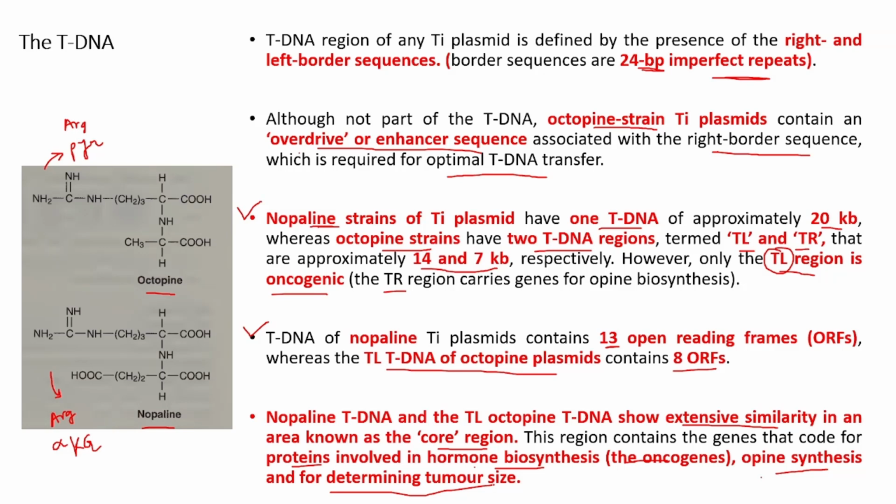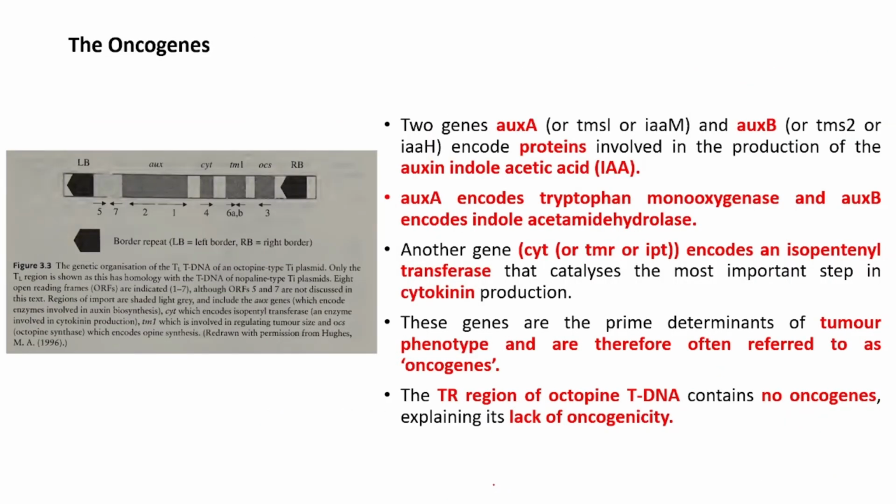So there may be many dissimilarities, but in a certain region there is extensive similarity, which is called the core region, and it produces some proteins and determines the tumor phenotype. Now we will come specifically to the oncogenes, and we will learn why they are referred to as oncogenes. They are referred to as oncogenes because they are responsible for and determine the development of the tumor phenotype. Okay, how the tumor will occur, what size, everything. So that's why they are called oncogenes, because they facilitate the development